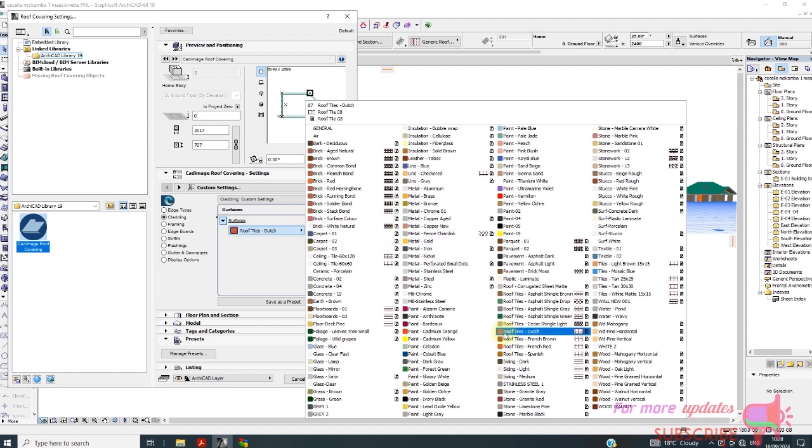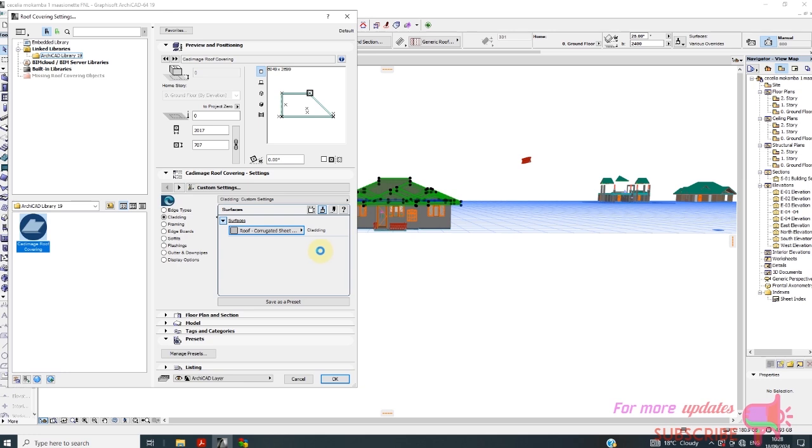Let's change the color to that. Framing. Okay, the color,